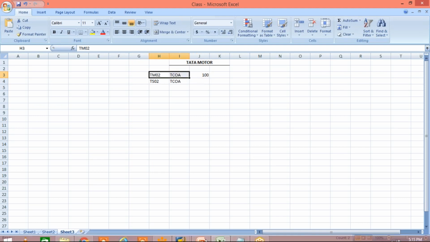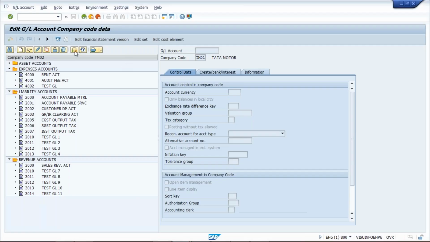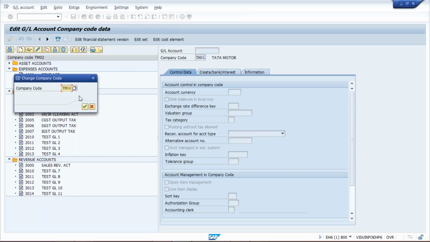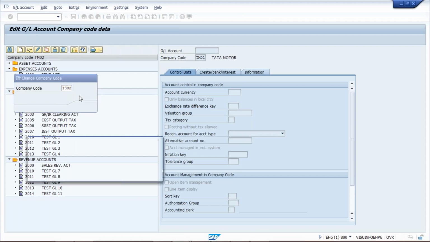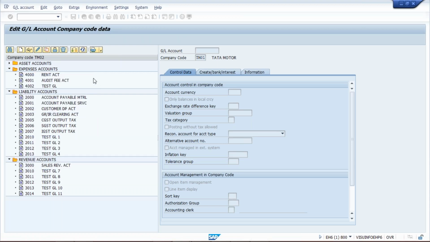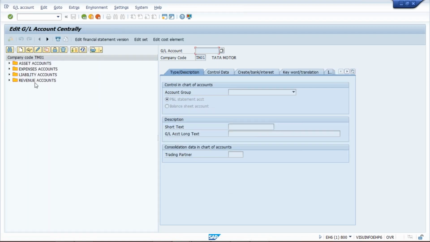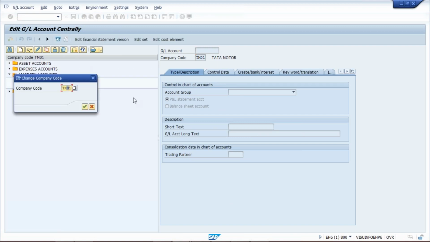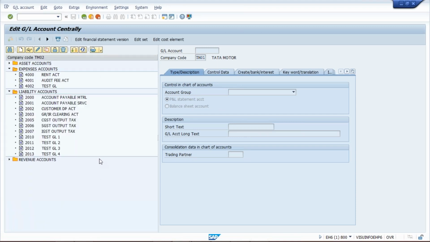But once you use the FS00 here, and if you change the company code for TS02, just TS02, what is happening? System is saying that specify an existing value. Okay, it means there is no GL found here against TS02. So what does it mean? Sorry, I'll have to use FS00. Okay, now, what is happening here? Let me check, make it TM02. So now what is happening here? It means, first of all,